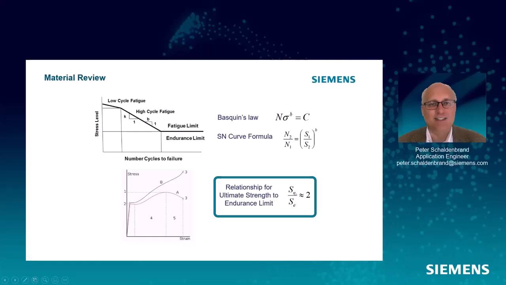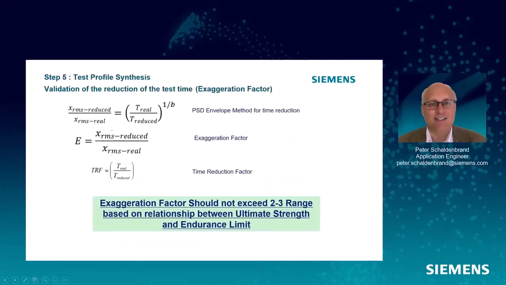The ultimate strength from fatigue is the strength where we fail in one cycle, and the endurance limit is the level where, if cycles don't go above that, we don't generate any damage. The ultimate strength divided by the endurance limit is approximately 2 for steels. This is a generalization. So we rearrange Basquin's law, and we can calculate these functions called an exaggeration factor and